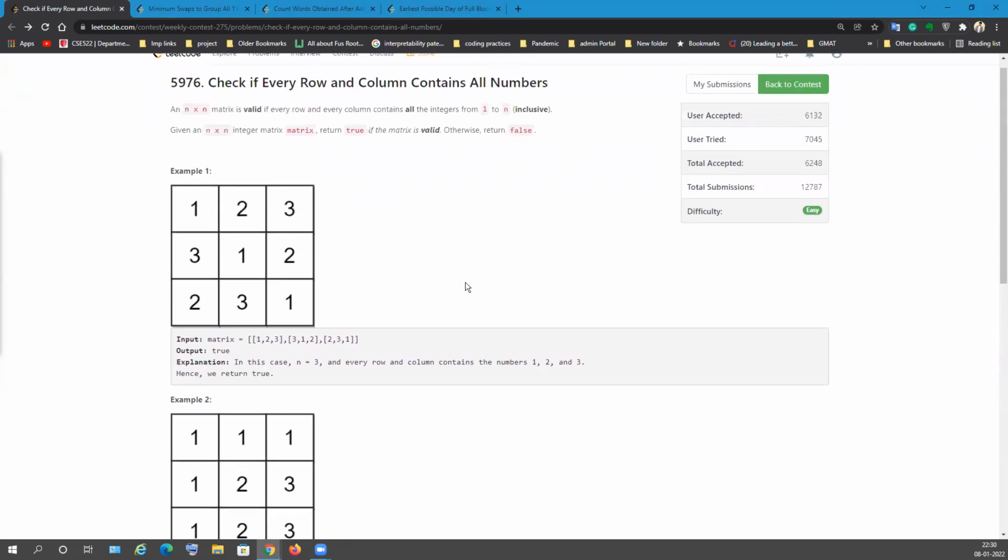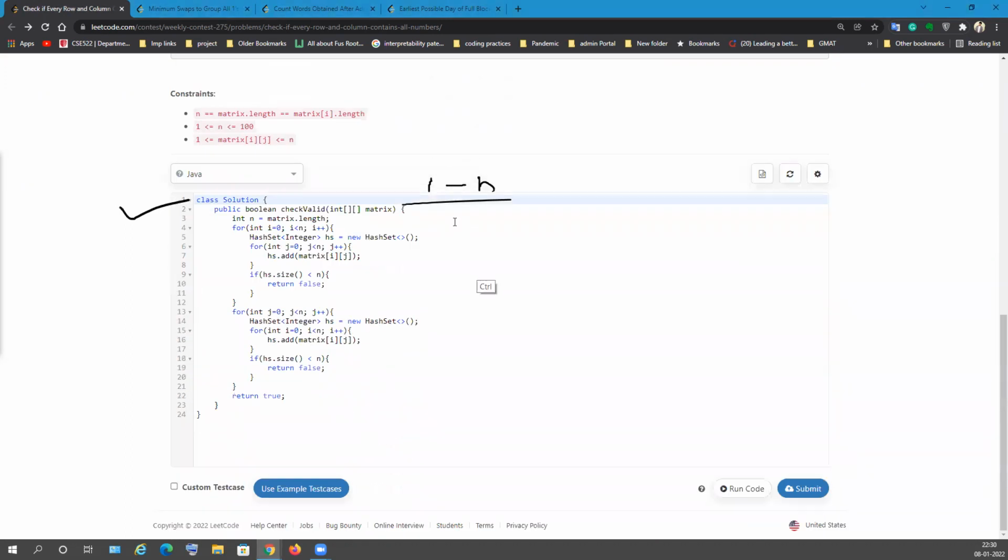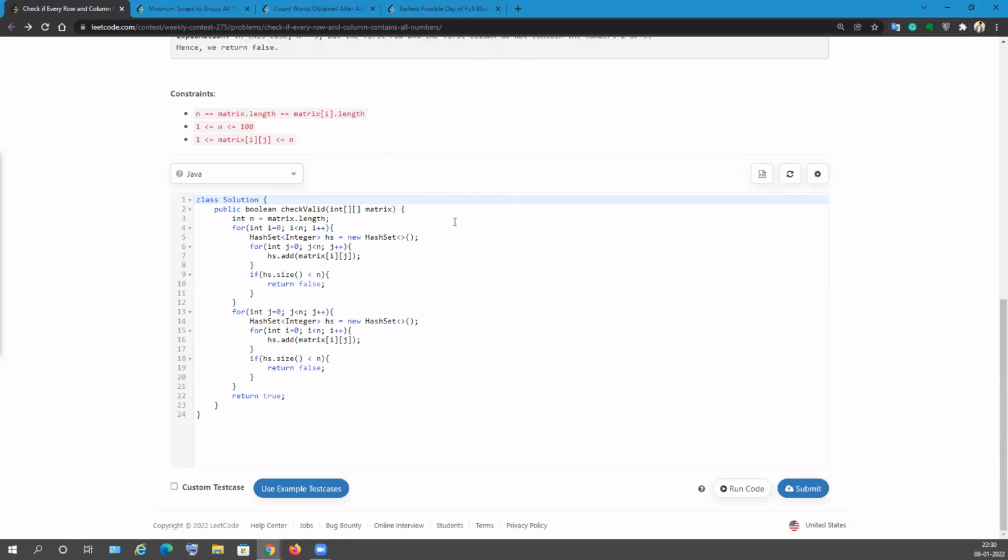The easiest way to solve this problem is to check every row one at a time, right? Select the first row, and as you check this row, check from 1 to n if all the things are there or not. You can use a hash set, as I used. I will explain directly from the solution because this is an easy problem. So this is my solution. I calculated the n, and then I just looped from i equal to 0 to n and stored everything in the hash set.